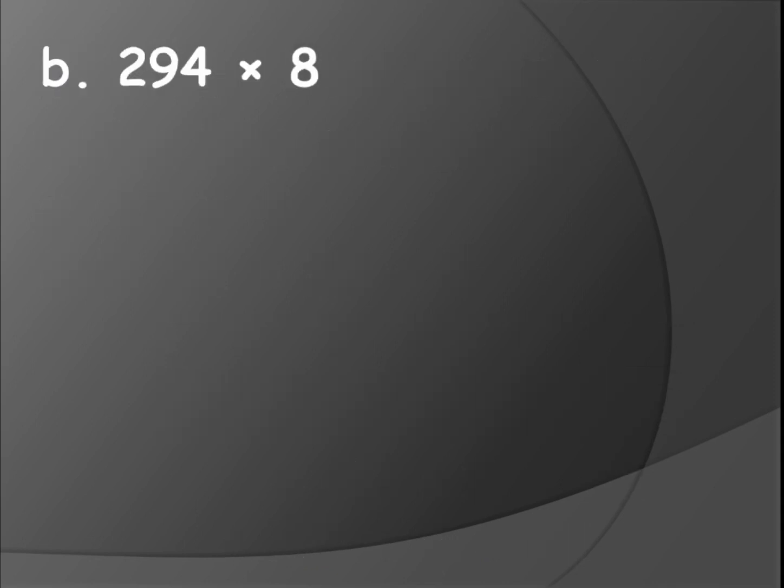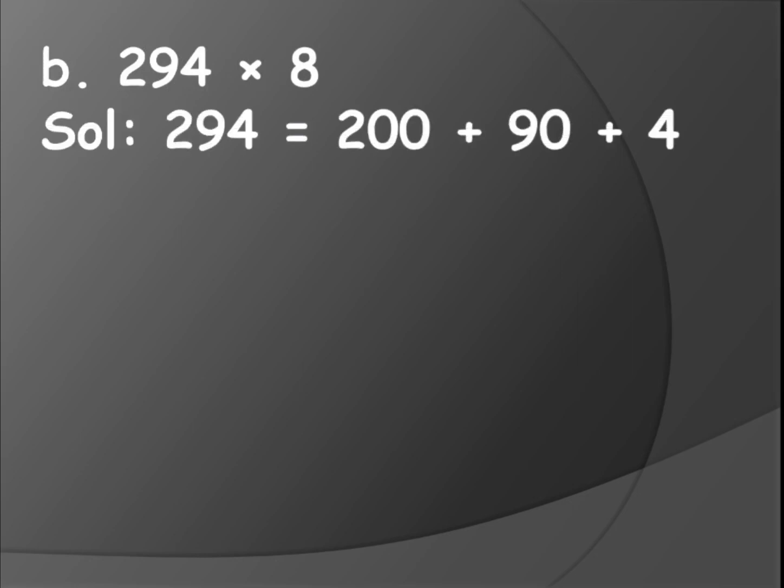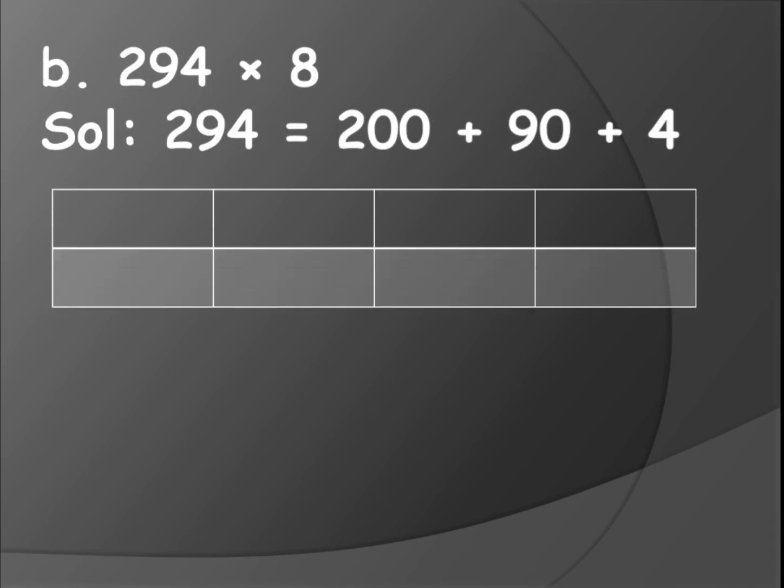So 3 digit, 294 into 8. So 294 should be written as 200 plus 90 plus 4, isn't it? Expanded form for box model. And you have to draw the table like this, and in the first box you will write the multiplication symbol, then 200, 90 and 4, and we are multiplying with 8, so you will write 8. Okay, now 8 into 200, so we cannot do 200 directly, isn't it? So how do we have to do? By multiplying with zeros, tens and hundreds.